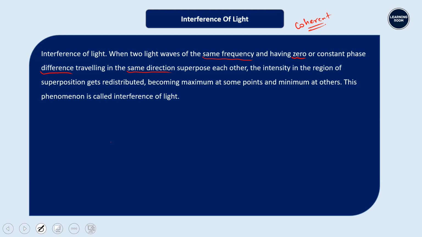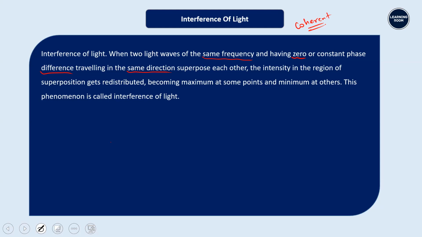Right? If those coherent light waves are traveling in the same direction and they superpose, then you will be able to observe a phenomenon where what gets redistributed? Intensity gets redistributed, and that kind of a phenomenon is called as interference of light. Have this in your mind. Now we are going to get into mathematical terms. Shall I proceed? Suppose